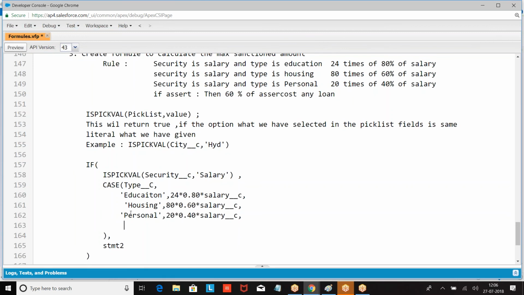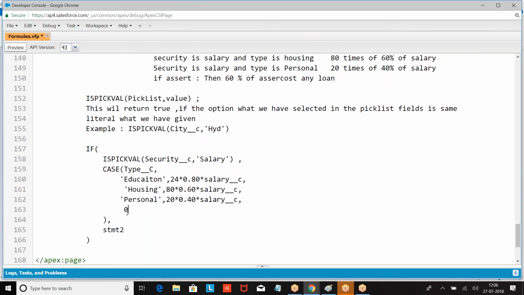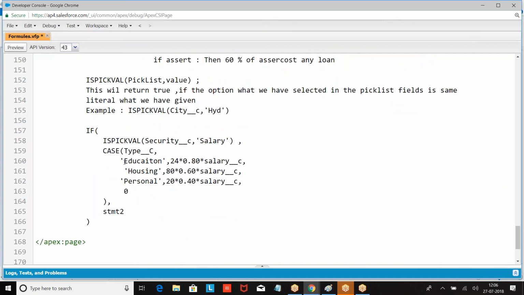This is what I give. If it is salary, based on the type of loan, we are calculating the amount.